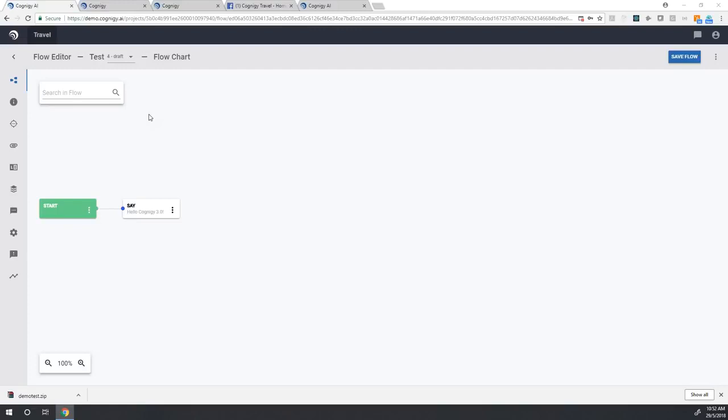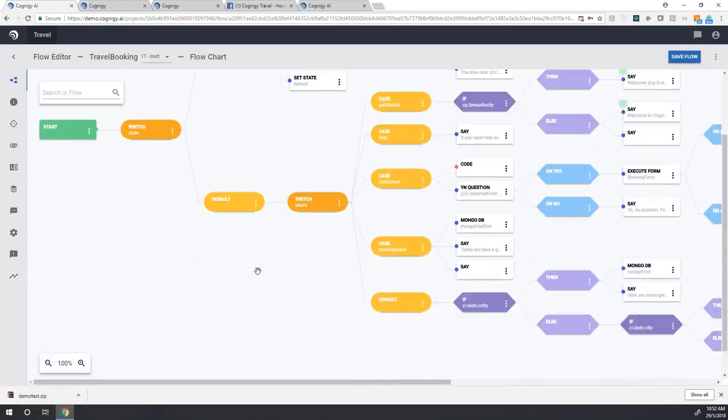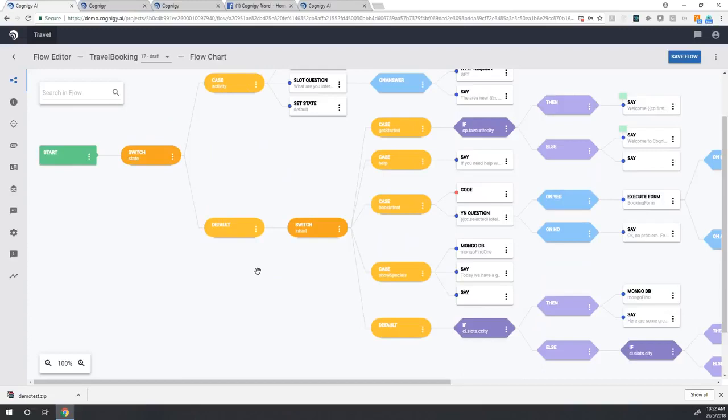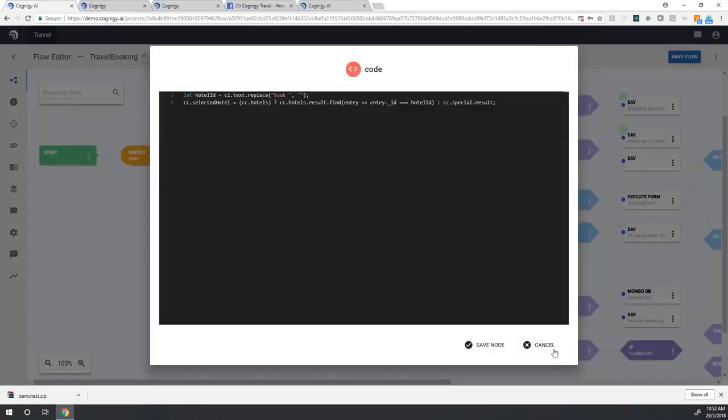If you want to build super advanced flows that take information from databases, transform that information, and so on, then of course you might need programming knowledge. So something like the travel booking flow, which is quite dynamic in the way that it works, it is using things like code nodes, for example, to transform content and so on. So you would need JavaScript skills for that.